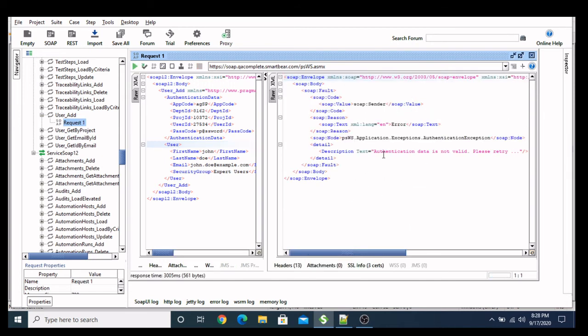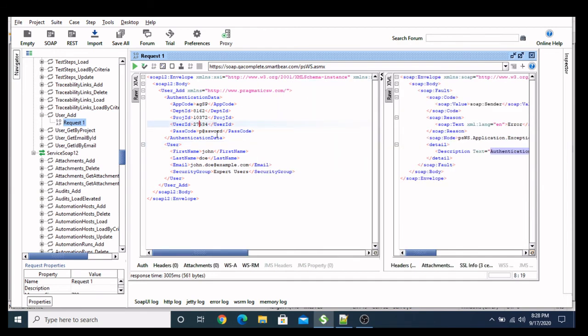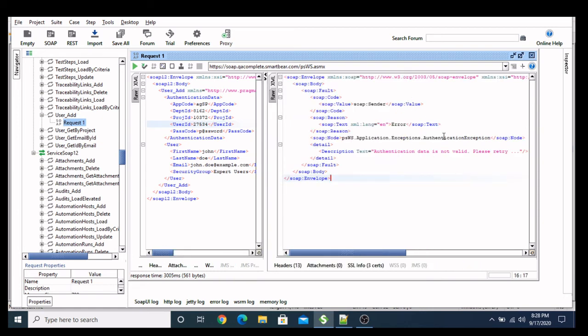So here you can see that the authentication data is not valid, please retry. My developer has mentioned this message over here. In case the authentication data fails, this message shows that we have some problem with our authentication data. It doesn't have any problem with the user details right now, but it has some problem with the authentication data. So we received an exception for the authentication, and based on that exception they have mentioned the custom